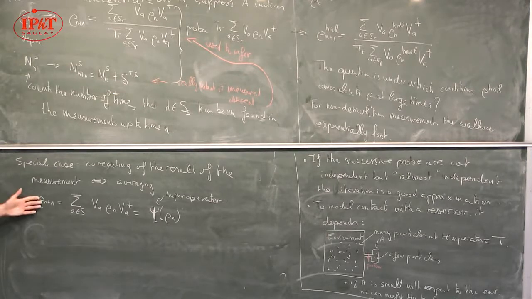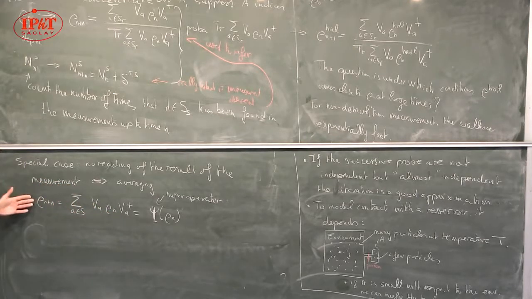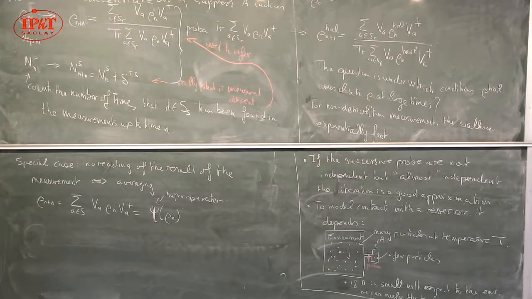Okay, so for this, you see this is just a linear, deterministic equation, and the question is whether or not the solutions of this linear equation have a limit when n is large. And if you are in a non-degenerate situation for which this super operator has one as an eigenvalue, it always does, but with multiplicity 1, then you're guaranteed that whatever you start with, in the end, you get the same. At large times, they converge exponentially fast.